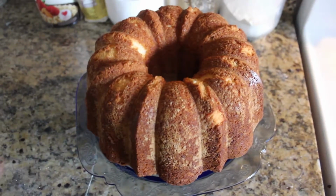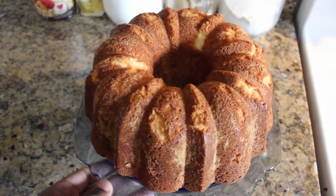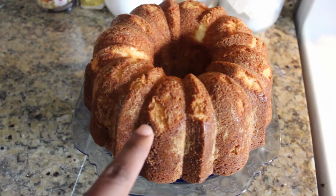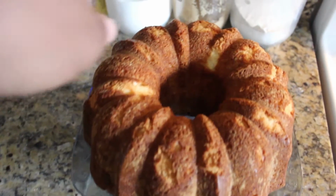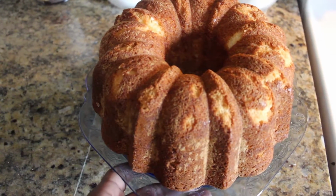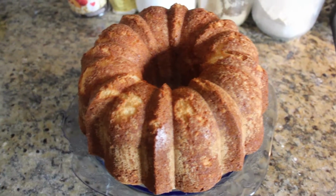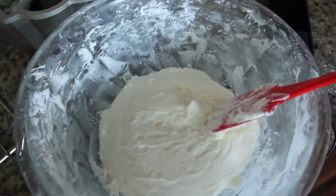I mean out of the, why the hell did I say box? Out of the pan. So here we go, everybody. It is out of the pan and look how beautiful this looks. This is how it's gonna come out. Don't worry about if it comes out like that, all the imperfections of it sticking to the pan. To me, that's what makes it a